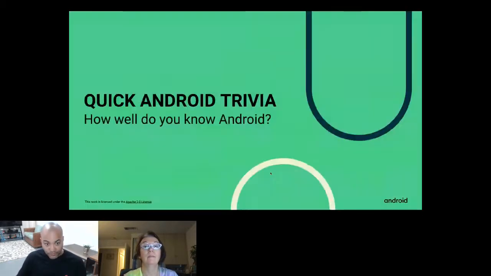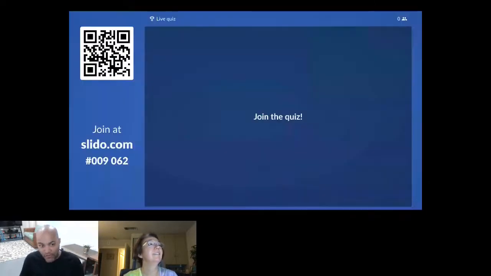And again, let's start. But before we even start, I just wanted to have a quick icebreaking activity. I know some of you are already laughing because you know me, some of the workshops that I do, I try to make it very dynamic and very interactive. So I want to do a quick Android trivia. How well do you know Android? Right before we start, I wanted to get our developer juices going, and I wanted to see how well you know Android. Again, it's totally optional to join, but I would invite you to join me at slido.com with